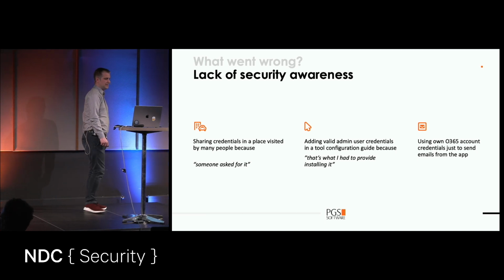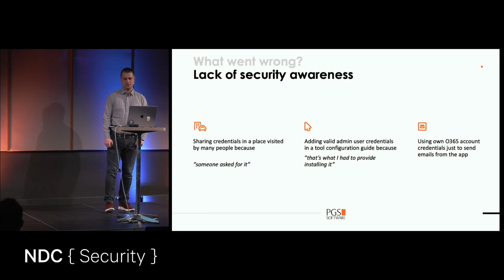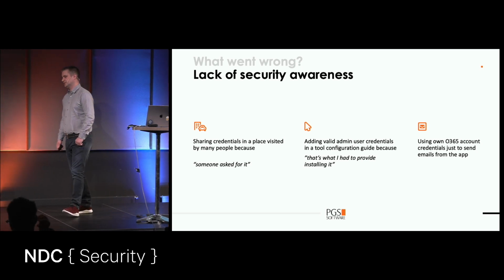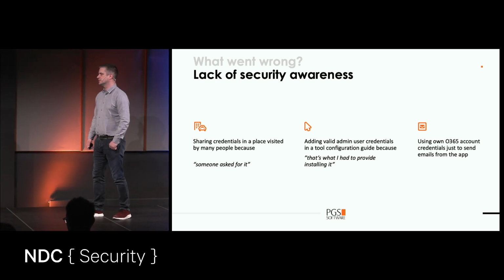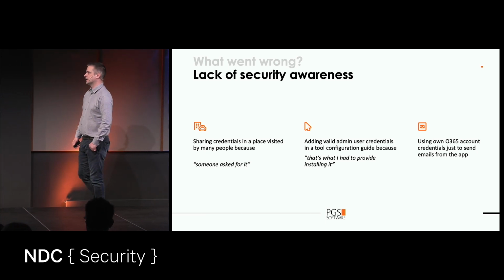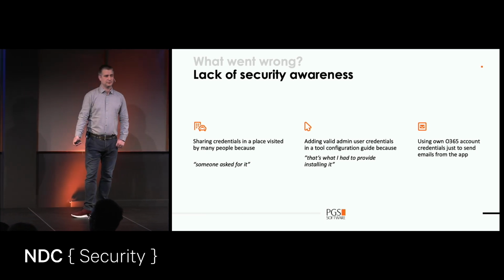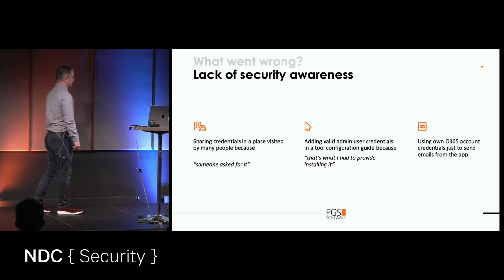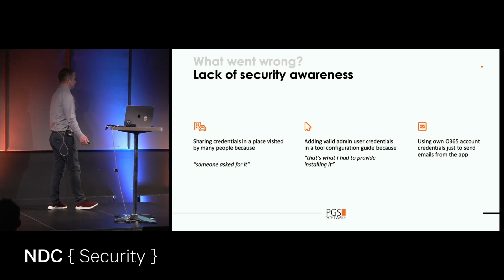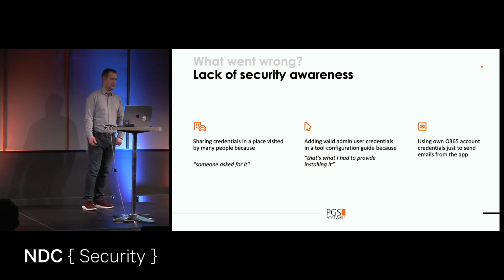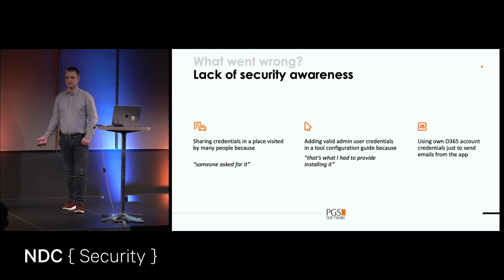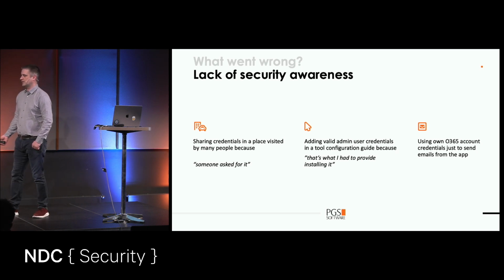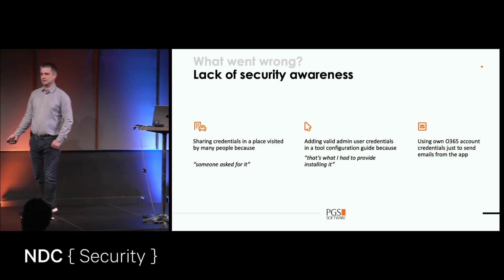And then we have lack of security awareness. That's the biggest problem everywhere, because usually developers don't know that something bad may happen if they use it that way or another. And not only developers, but in this case, we had a support team who had access to our AWS account to create a new user, and then they just decided to post this access and secret key as a comment in